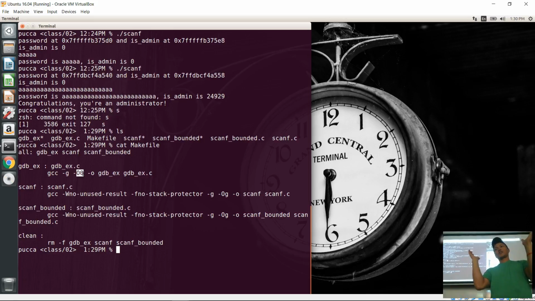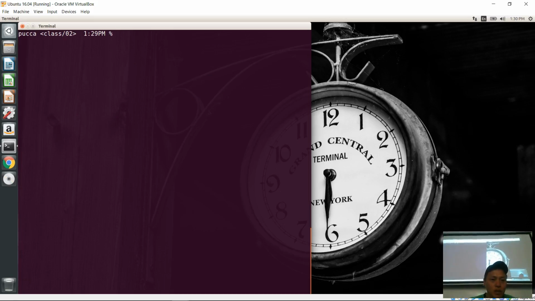Otherwise, your brain will explode trying to debug your program, especially if the bug is in that area that it reordered. So I set it with the -O0 flag, level 0 optimizations. I set the object file to this binary gdbx, and then that's the source code. All right, so I will start with